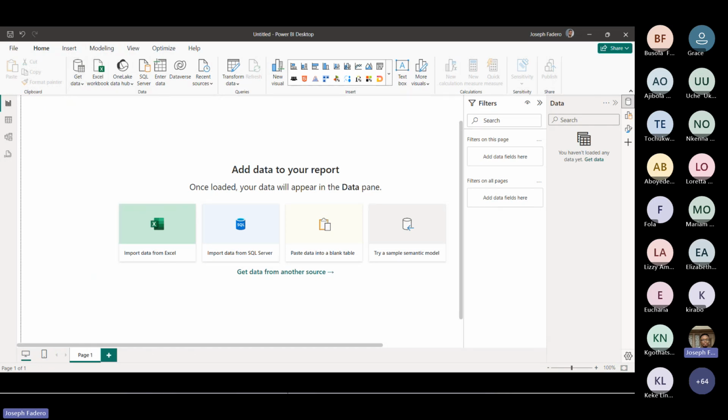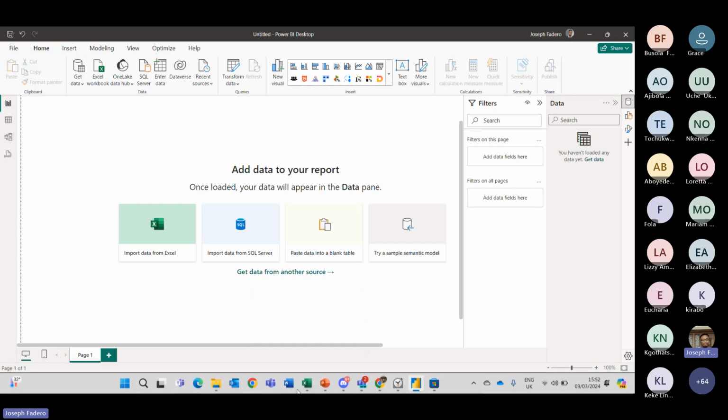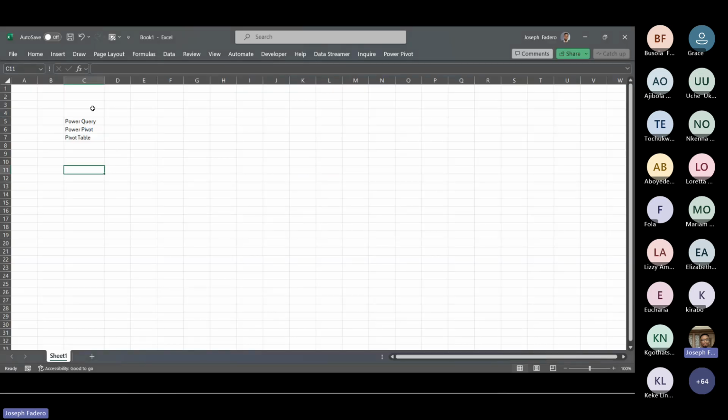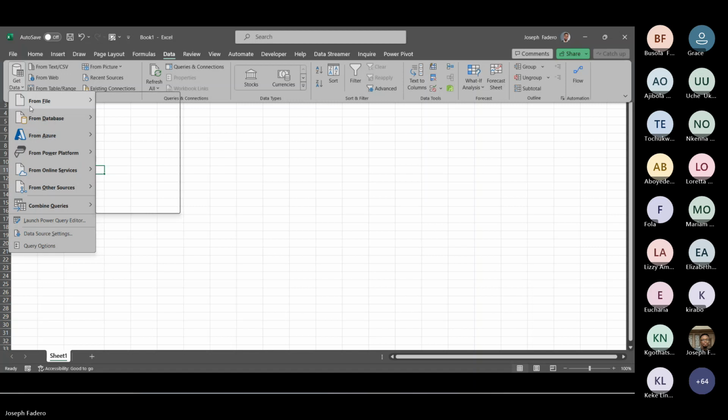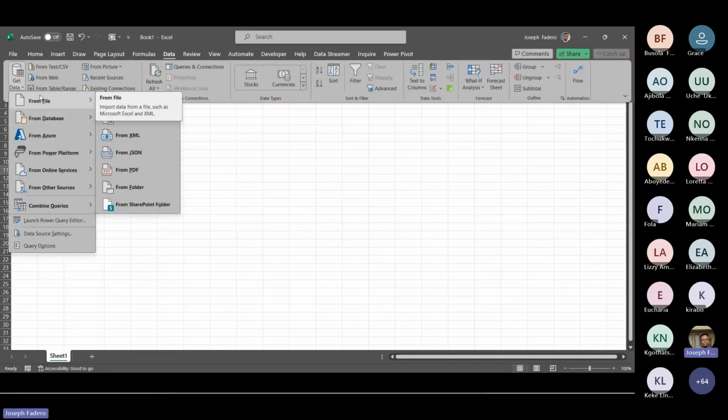And you know what? So just to test out the hypothesis, let's go into Excel itself. So come to your data tab, get data. What do we see here? And we see my tab here. So yes, Power BI actually connects to way more sources than it does in Excel. It has more connectors than you have in Excel.